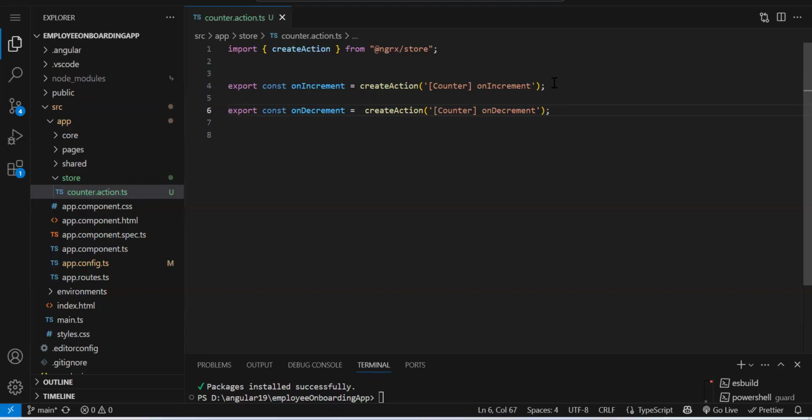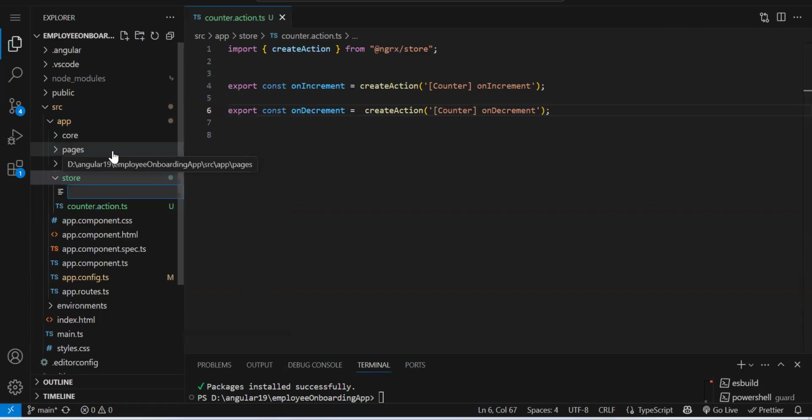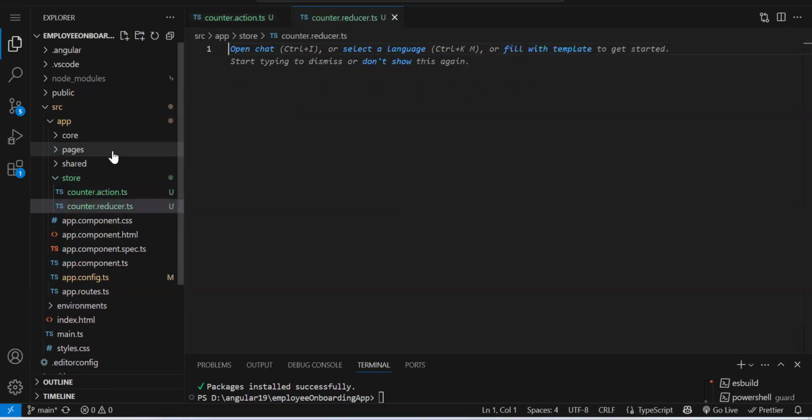Now, the next thing we have to create is the reducer. The reducer is a place where we actually write our logic. So counter.reducer.ts. Now here we have to create the reducer. Let's say we are talking about the counter example.